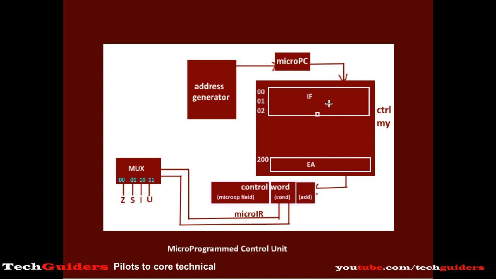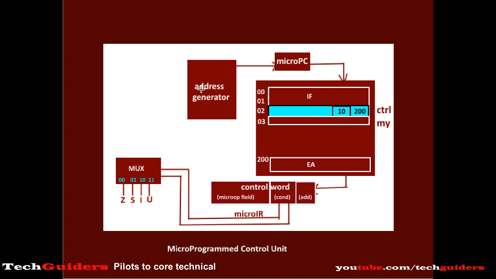So once the instruction fetch routine is over, check the indirect bit flag, hence the condition code bits are 10 to select the indirect bit input to the multiplexer. In case the indirect bit is set, then branch to the address 200 for the effective address calculation. Else, if the indirect bit is not set, then the next micro instruction can be the micro instruction in sequence. The microprogram counter can just be incremented.